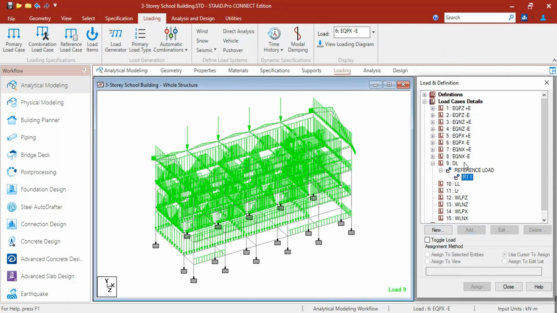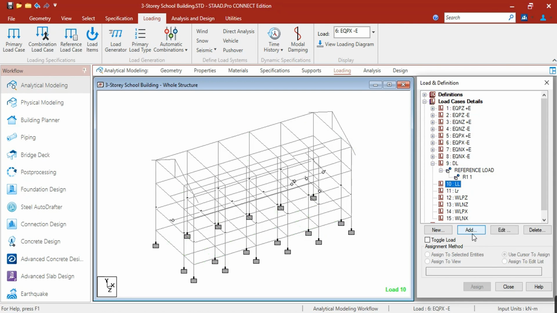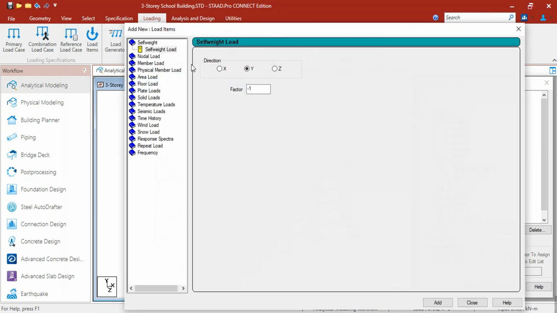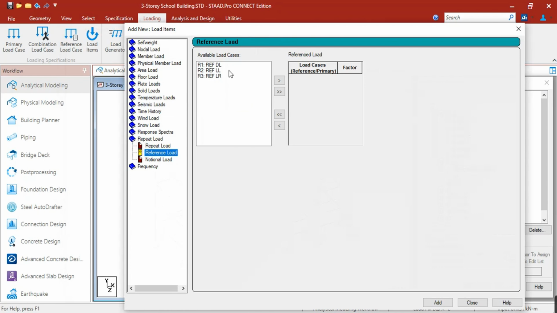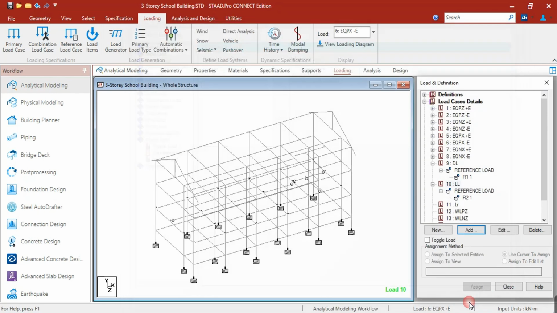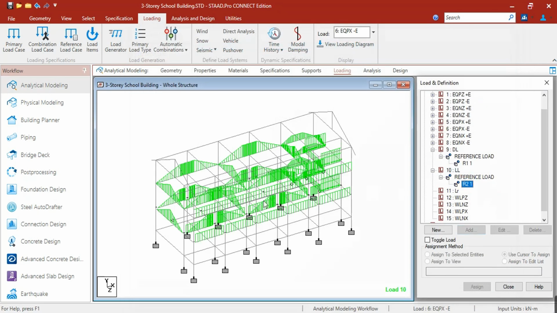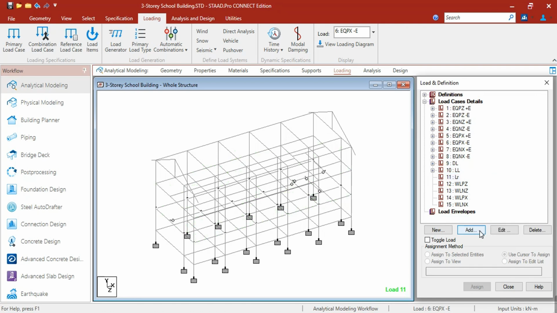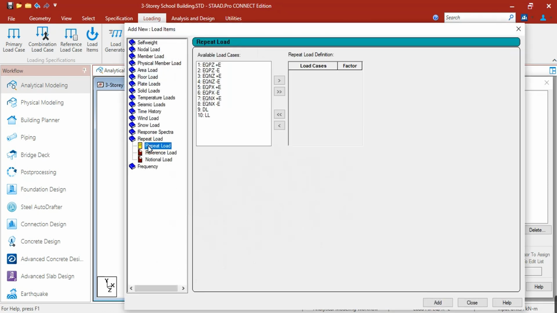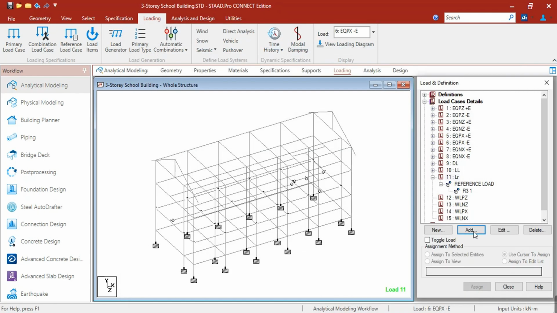If you click that, all the loads from the reference load definitions are repeated here in load cases. Okay, so also for live load, let's repeat the same process. Under repeat load, reference load, live load, include just the live load, click add, and then close. If you click that, you already have the live loads. Then for the LR or roof live, click add, repeat load, reference load, and click LR. Then add and close. Okay, so that's for the EQPZ, dead load and live load.